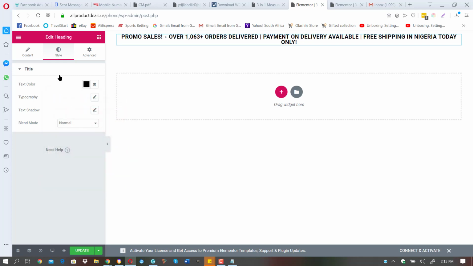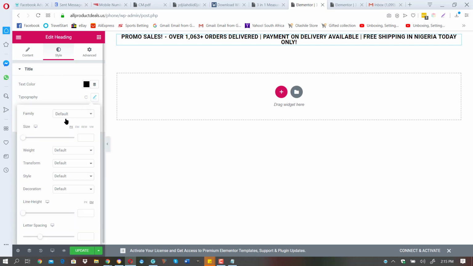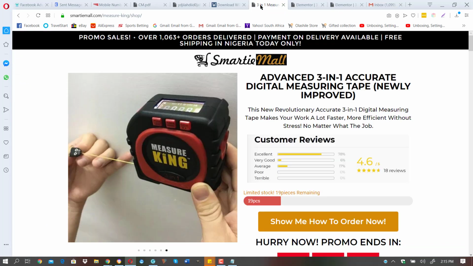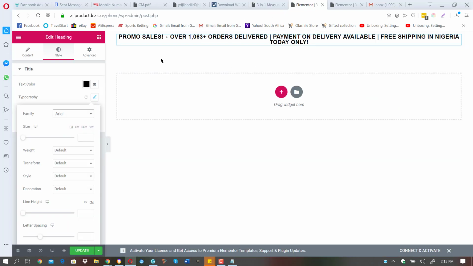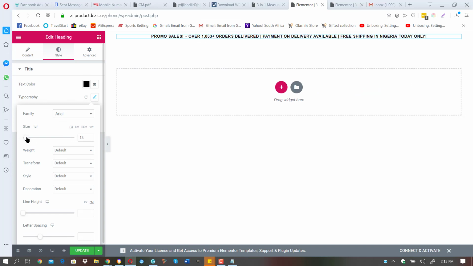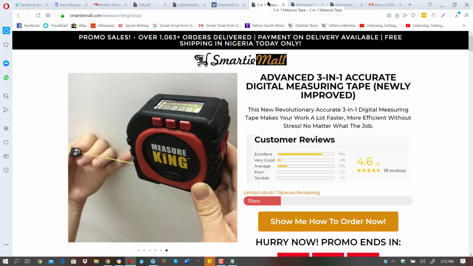Now after the black, the typography. We are going to put the typography as what? Area. The typography will be on area. Okay, the typography will be on the area. Now the size, you can see the size. Let's see the mission here. The size,